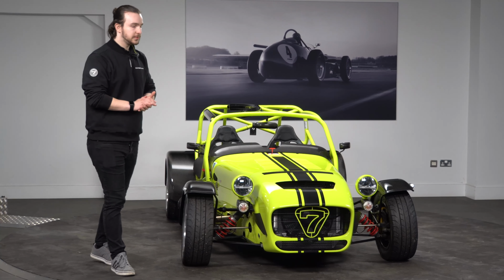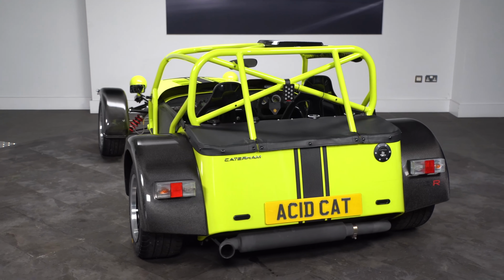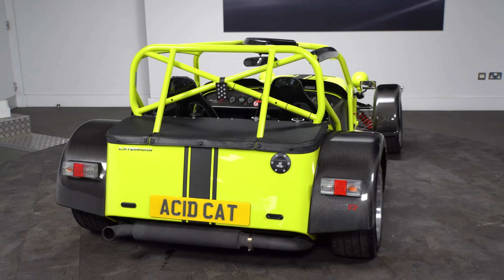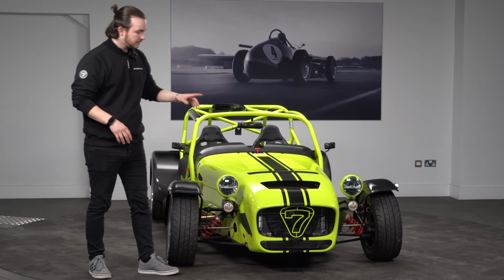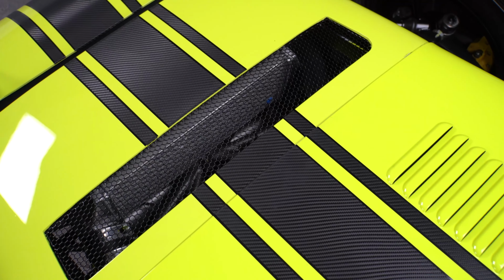So this car has been very well looked after by DPR. Being a track car, it's been checked over every time it's gone down the track with them. To talk about the specification on this one though, so obviously being a 620, you do get the 620 nose. This one does have the triple carbon stripe that runs throughout the whole body, and the optional spec on this